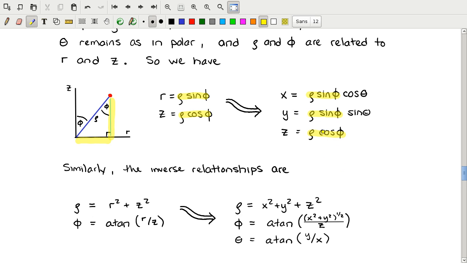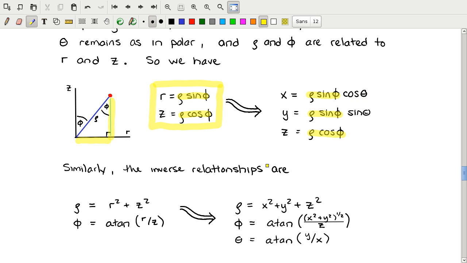So it's clear that these expressions are the same as the cylindrical coordinate expressions if we use these expressions for r and z, and so these are then the correct expressions in spherical coordinates for the Cartesian coordinates. And similarly, if we want to obtain inverse relationships, if we want x, y, and z in terms of rho,